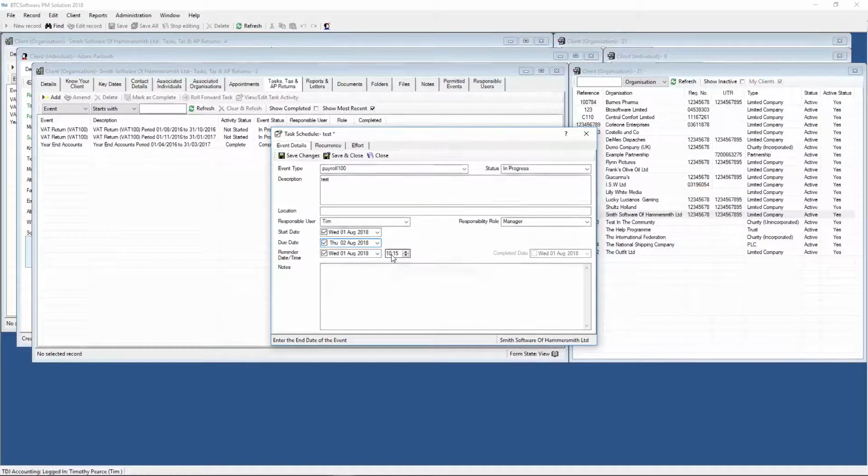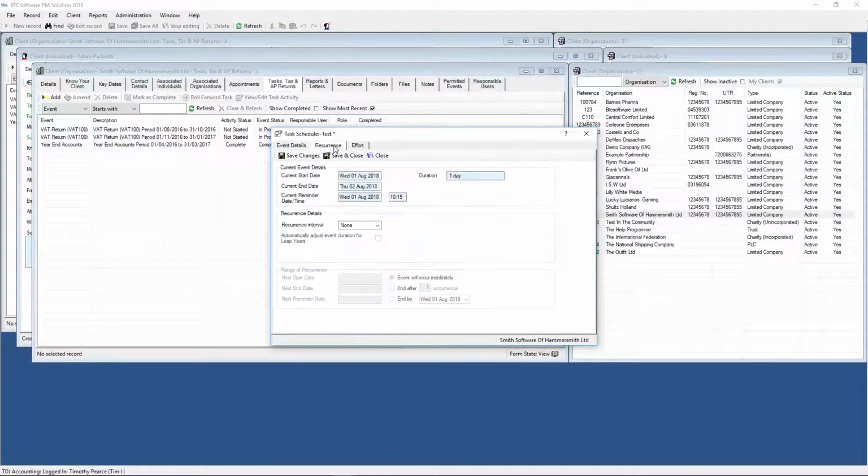So I've got the ability to say, right, I'd like a reminder to come to me such and such a time prior to the event commencing as a reminder to the event. Now, what will happen if you move into the recurrence option is you'll be invited to confirm the spaces between the events if it's a recurring event. So if it's an event which recurs or reoccurs, then you will be able to acknowledge that. So you'll be invited to confirm